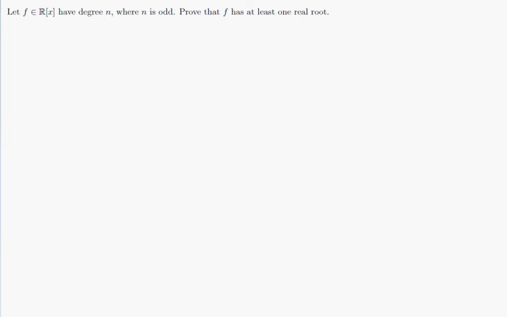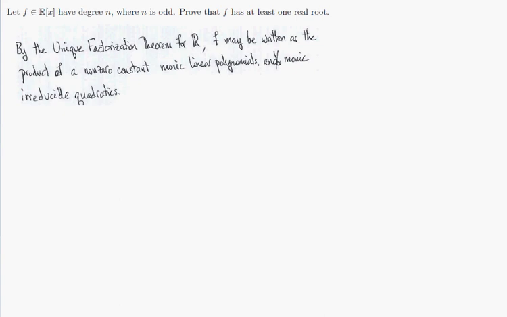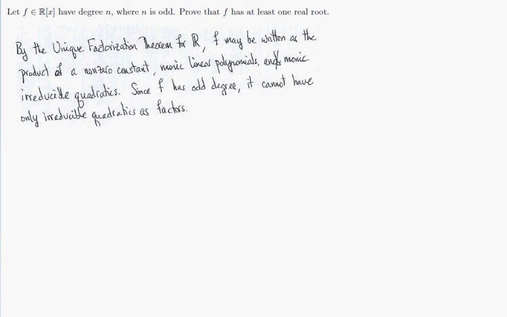The statement of the unique factorization theorem is that f must be written, actually uniquely written, as the product of a non-zero constant, monic linear polynomials, and monic irreducible quadratics. So that is true for every polynomial that has real coefficients. However, the function f has an odd degree. So the polynomial terms in the factorization cannot just simply be irreducible quadratics. By that I mean if we have a quadratic polynomial times another quadratic polynomial times another quadratic polynomial and so on,